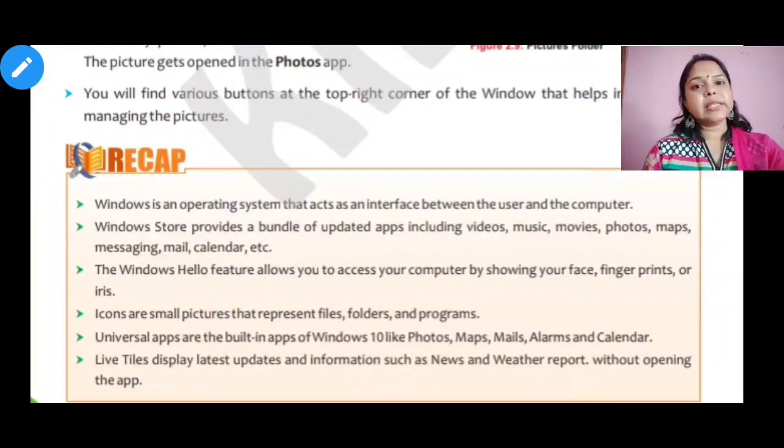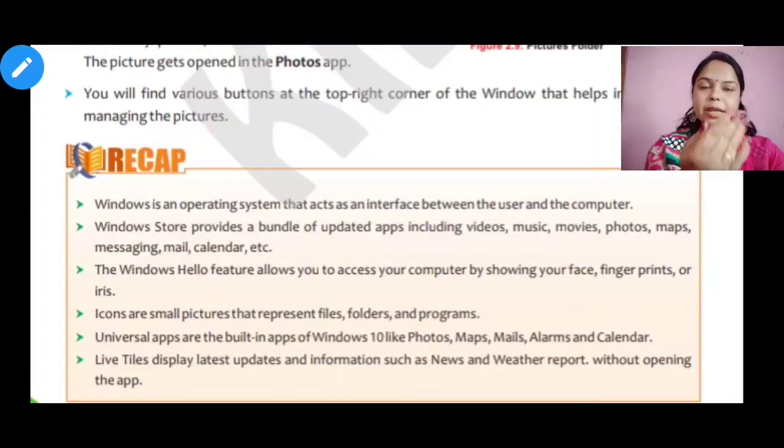The fourth one is icons are small pictures that represent files, folders and programs. What are icons? Icons are graphical images shown in the form of thumbnails, small pictures that represent our file, folder, apps and different things.